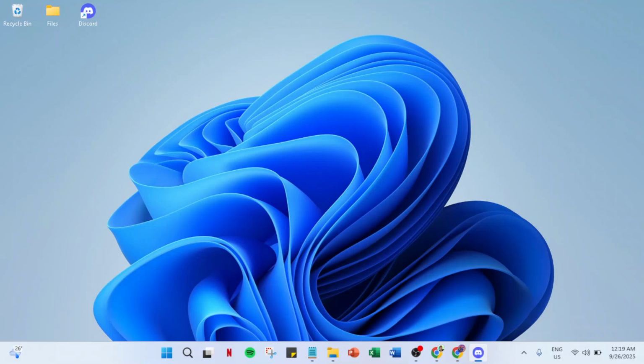In today's video, I'm going to teach you how to download and install Windows 11 from a USB flash drive. Before we dive in, make sure you have a Windows 10 PC that meets the minimum system requirements for Windows 11. This is crucial as it ensures your computer can run the new operating system smoothly. And if you're not certain what those requirements are, you can find them on the official Microsoft website.